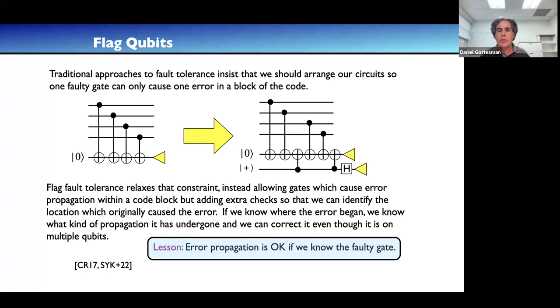If you look at the circuit on the left, that's a way of measuring the parity of 4 qubits. That's the sort of thing that you like to do in error correction. And the problem with this is that it's not transversal, right? There's one ancilla qubit that's interacting with 4 qubits in your code. And that means that an error in this ancilla, somewhere in the middle of the circuit, can propagate into multiple qubits of the code, which would be bad, right?